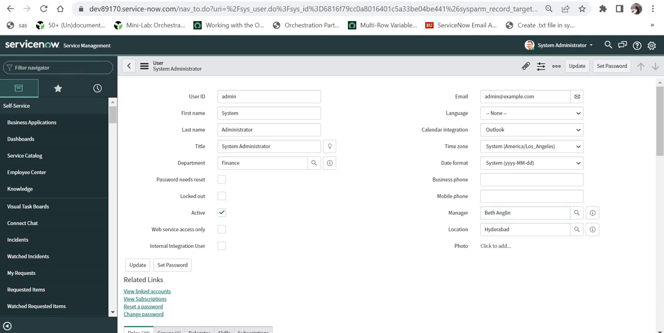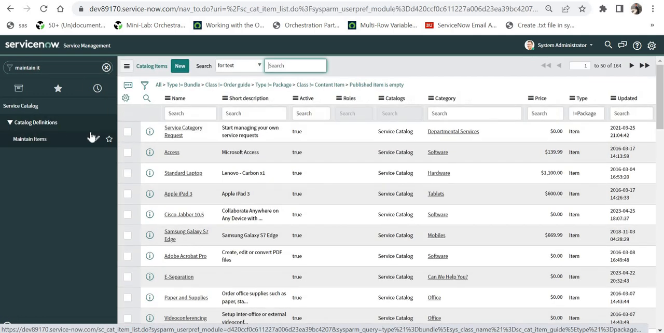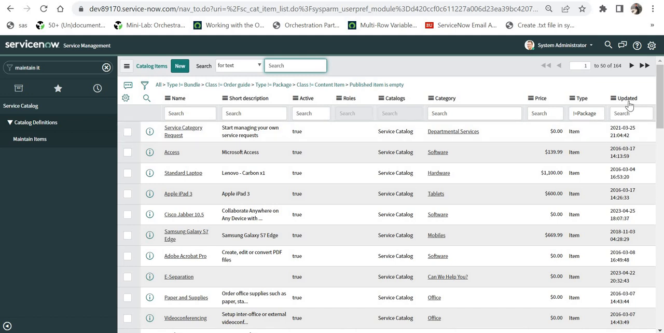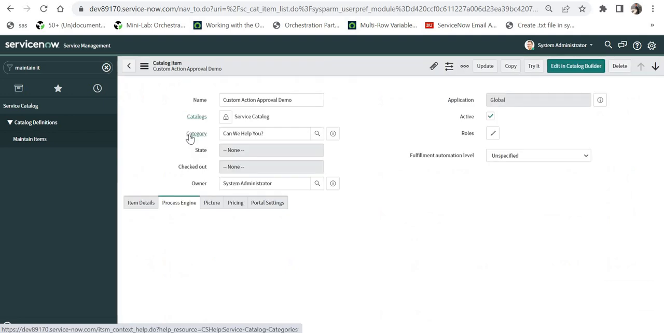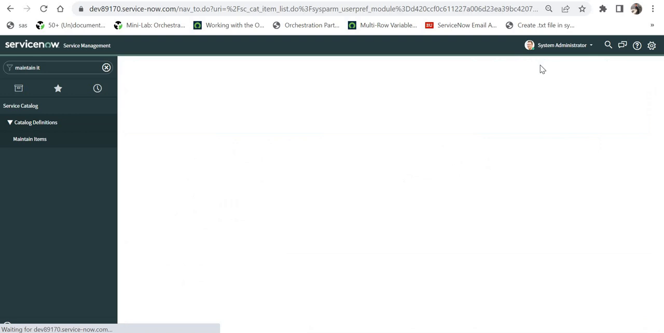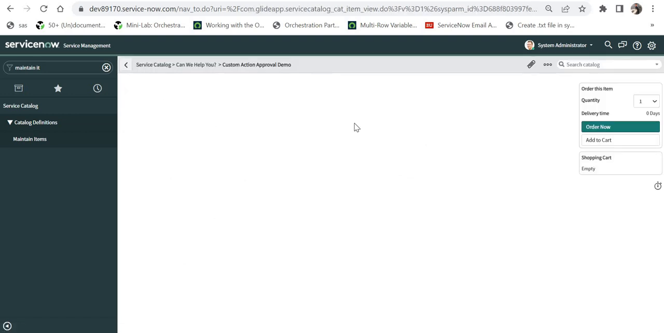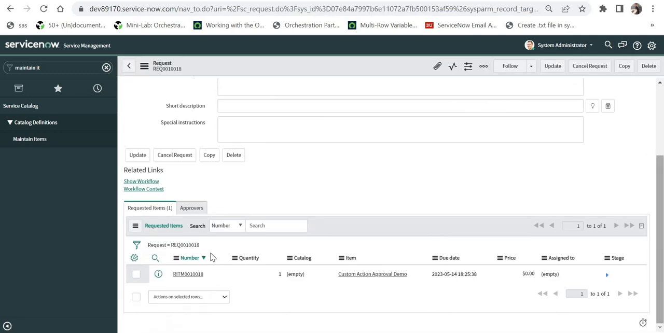I will go to maintain items and click here. I will just sort this, and custom action approval demo. This is the catalog item which I had created, and I will click on try it. And I did not create any variable, so that is why it is coming empty. And I will click on order now. I will go to the request. I will go to the RITM,